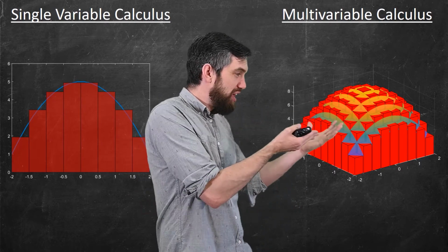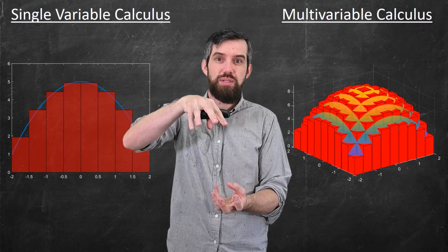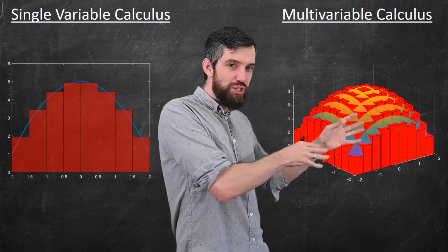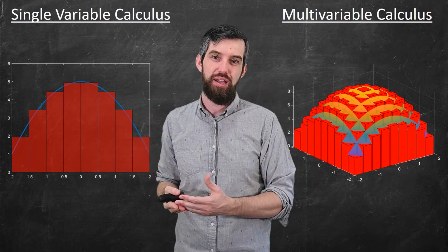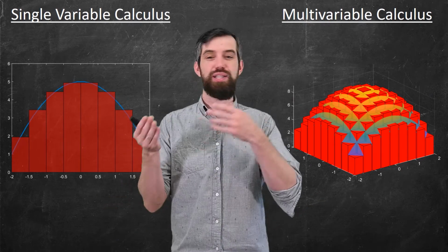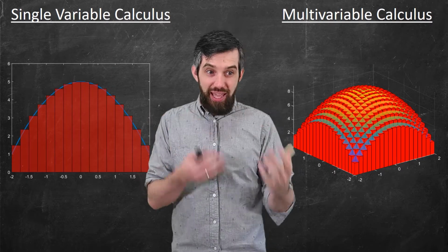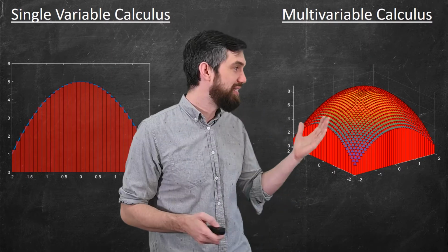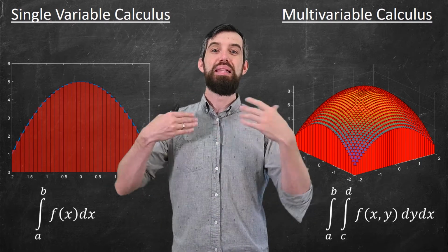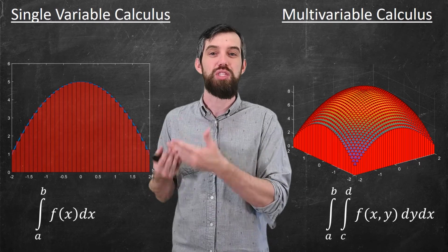And we can do the exact same thing in multivariable calculus. We're now talking about rectangular prisms, but nevertheless, we're adding all those prisms up and it's going to be approximately the volume under the surface. Then the approach that we did in single variable calculus is going to be exactly the same in multivariable calculus. We're going to subdivide again and again and get a finer and finer resolution until finally we can say that the actual area, which is some limit as you break it up into infinitely many pieces, they're all infinitesimally small, we